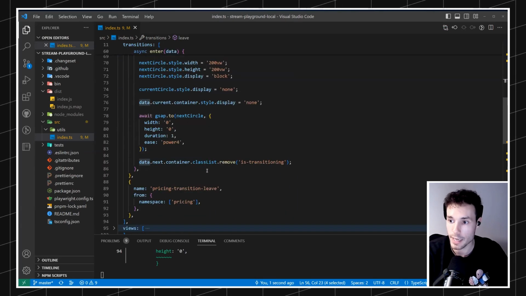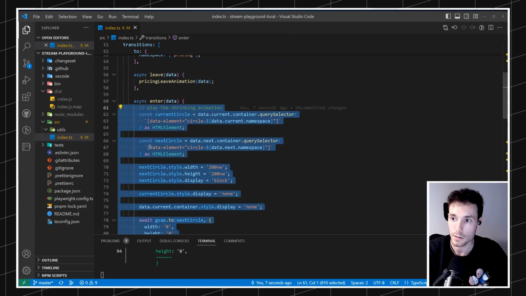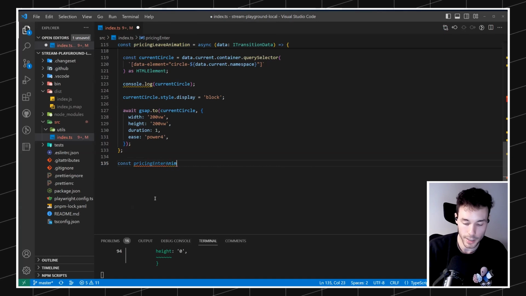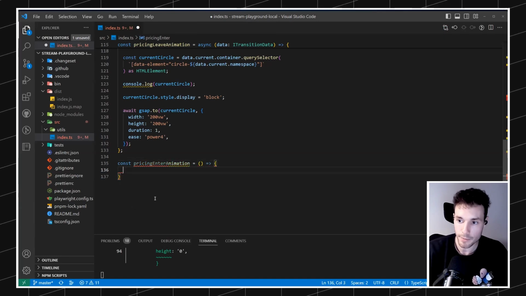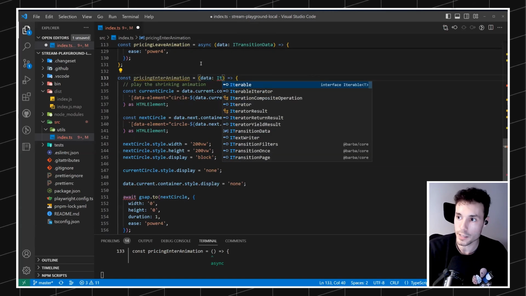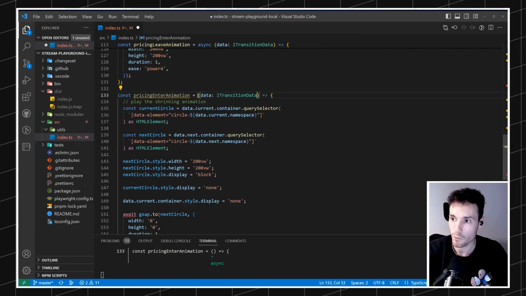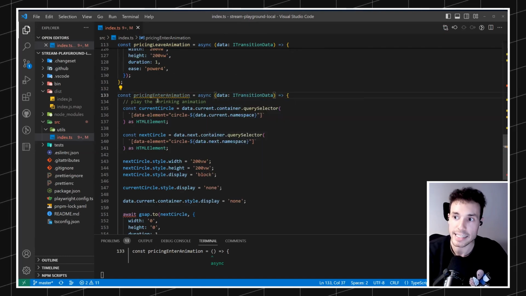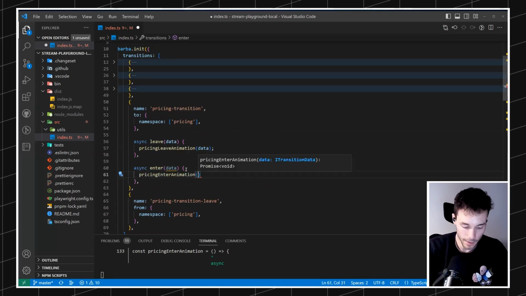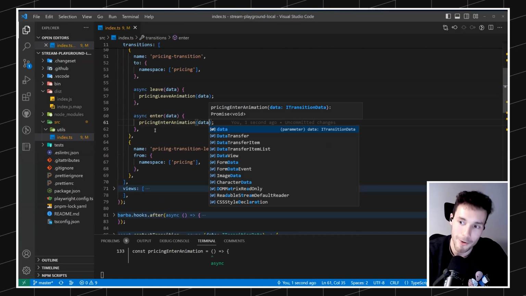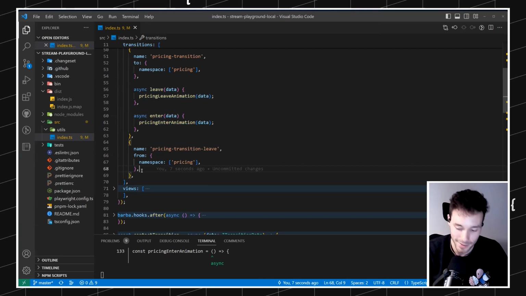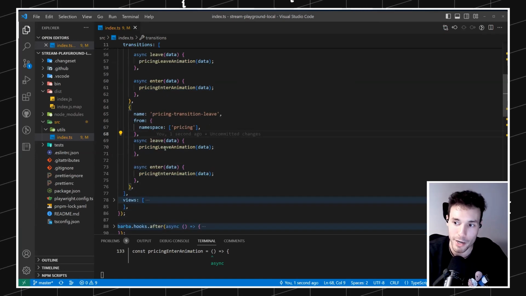And we'll do the same for the enter animation. Here, let's call this pricing enter animation. And we'll do the same. We'll paste the logic inside here. We'll set this to be data, the transition data. And we'll also set this to be async, like this. And now we can move here. And boom. Cool. Now it's better than copying and pasting because